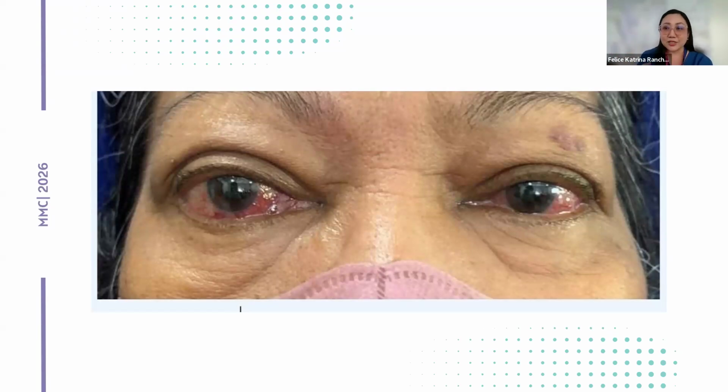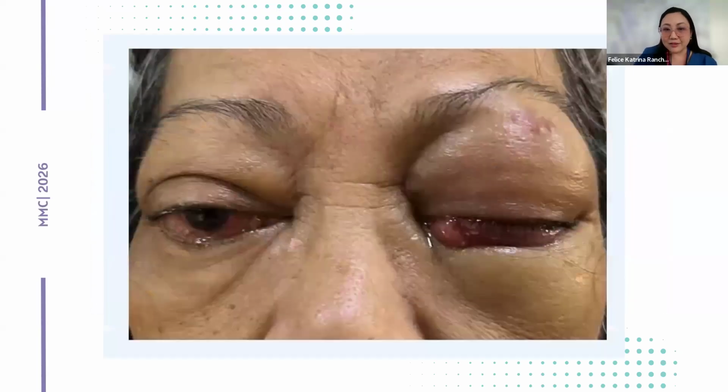So this patient was a patient of the Orbit Clinic in PGH. She had bilateral carotid cavernous fistula. She had been on follow-up at our clinic for around 3 to 4 months, just waiting for her schedule for angiogram. So on that day, she followed up to be admitted for the angiography, cerebral angiography. So while she was waiting to be seen by me, by the consultant, she was waiting in the OPD. She experienced sudden eye redness, proptosis, tightness of the eyelids, and blurring of vision. And the globe, her left globe, became frozen.